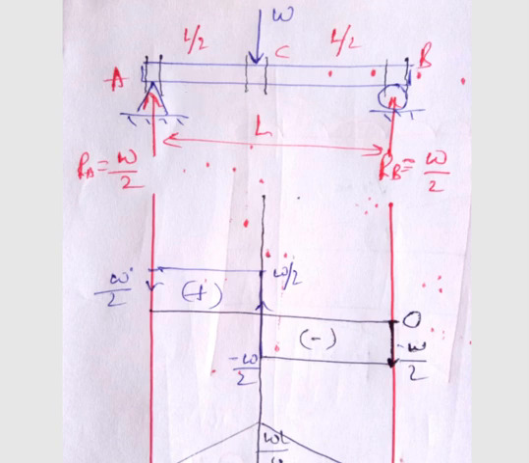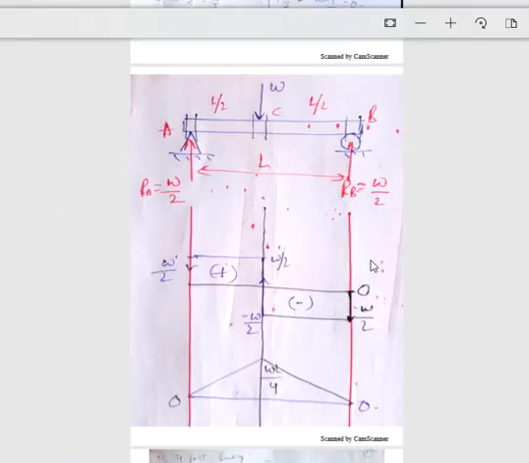Now next we'll go on to the bending moment diagram. For plotting the bending moment diagram, we know that whenever there is a point load, the bending moment will be linear itself. So if I want to go from 0 to some higher value, it will be linear, not parabolic or cubic. While plotting the bending moment diagram, again we need to follow the same procedure. We need to come from the right section.